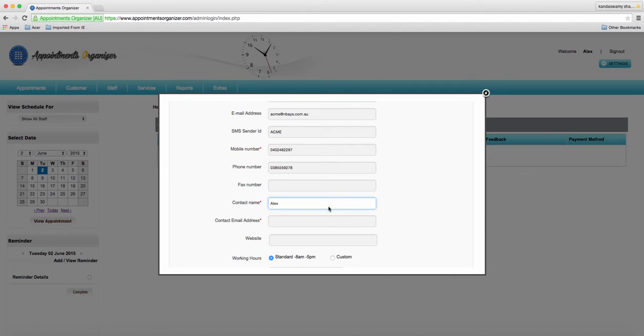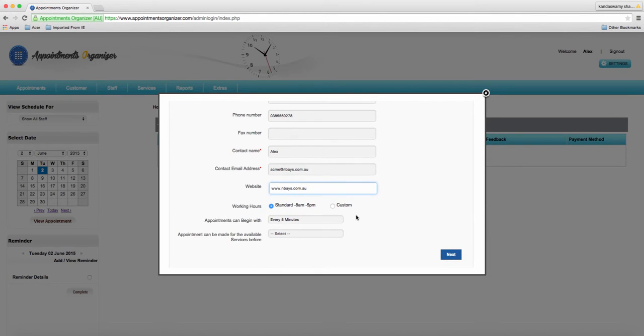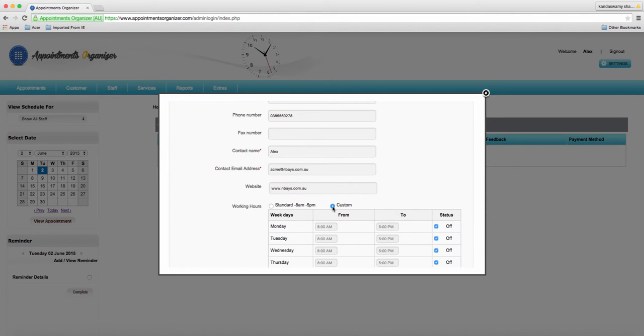and you have to give the contact name. We are giving as Alex and the contact person email ID. And your website ID. This is all one-time setup, and we are giving as www.nbase.com.au, and here you can mention your standard working hours, or if you want to customize you can click